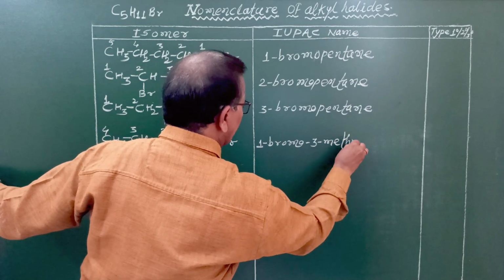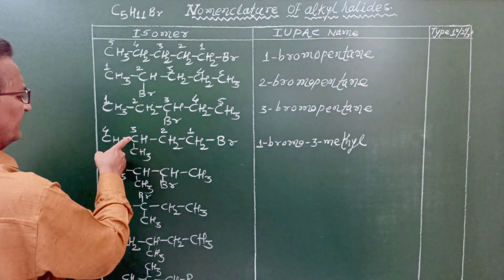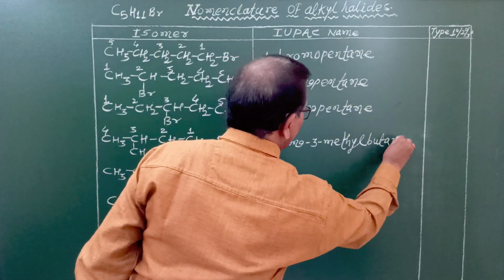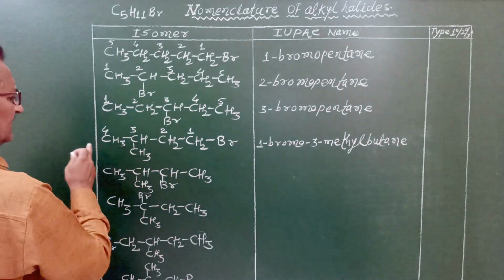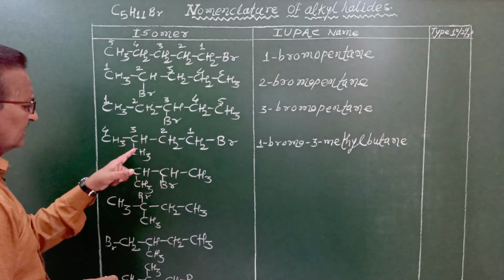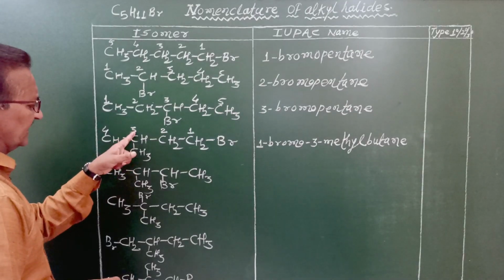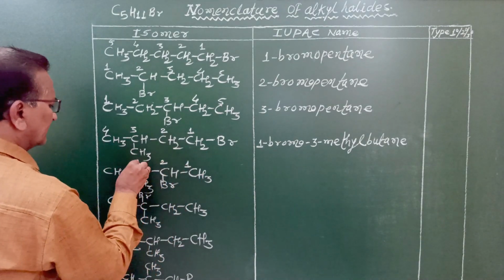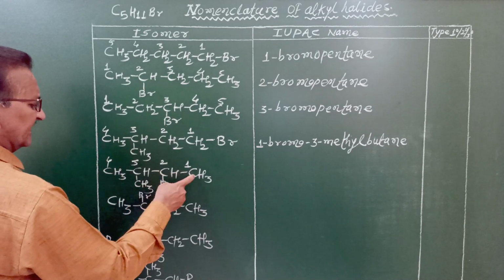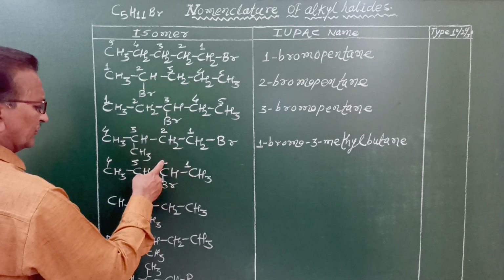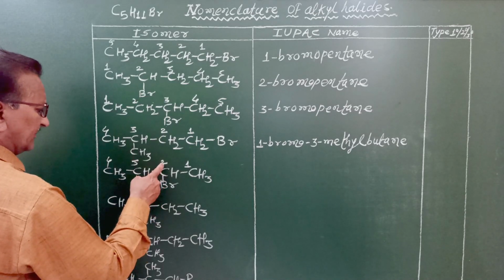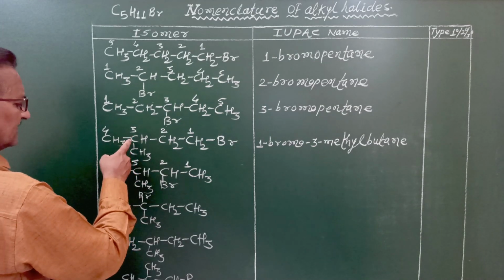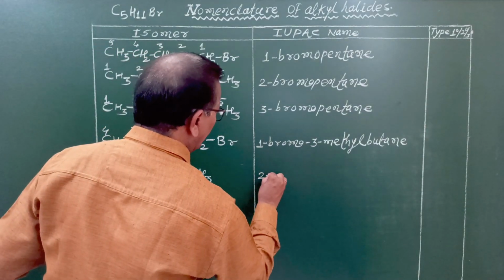Since the methyl group is in branch on carbon number 3, let us see here, 3-methyl butane, not pentane, because in the longest continuous chain there are only 4 carbon atoms and 1 carbon is in branch on carbon number 3, that is a methyl group. Now let us see this one. 1, 2, 3, 4. Since the bromine atom is nearest to this end, the bromine atom is bonded to carbon number 2. The methyl group is again present on carbon number 3. Okay, so what is the name for this compound?